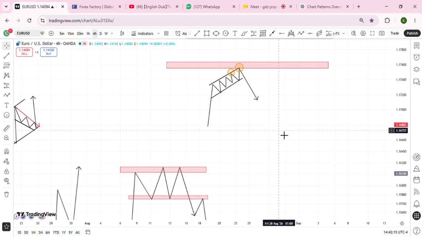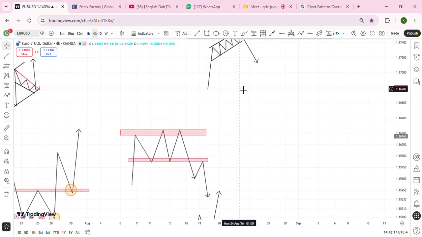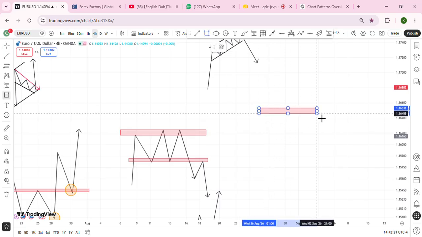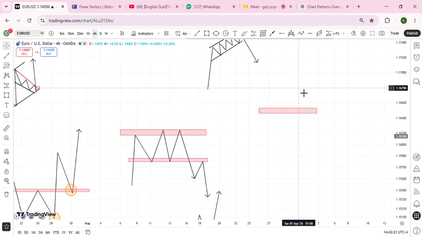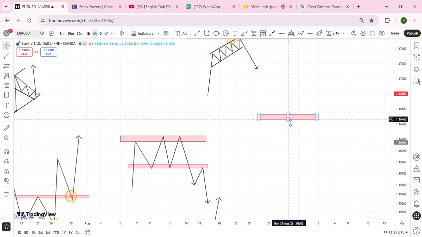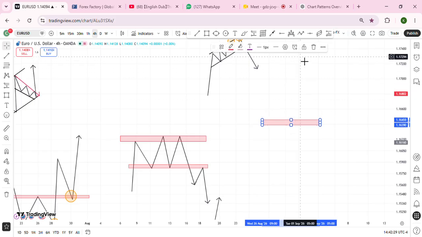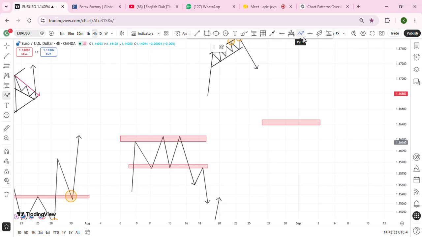Then the last chart pattern we are going to look at for today is what we call a falling wedge. We will be having a falling wedge, and a falling wedge is the opposite of